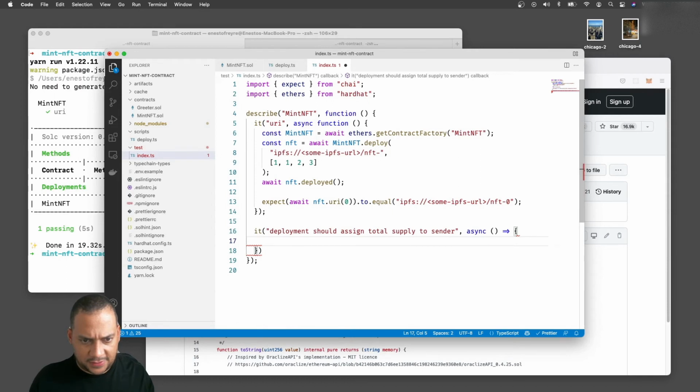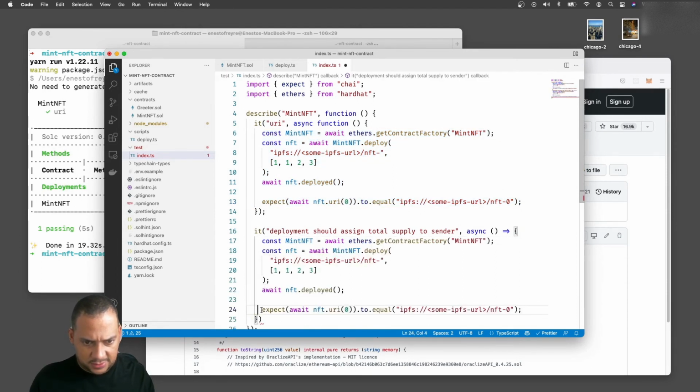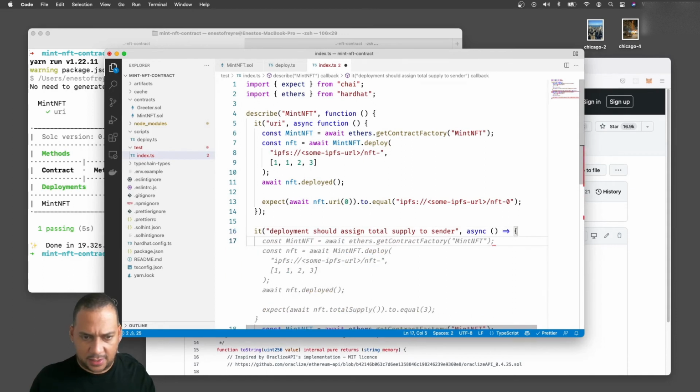So part of this is correct. Let me copy paste from here. So this is a kind of similar test. We will check the balance of, and in here we need the owner, like the sender. So for that we will use the ethers getSigners.